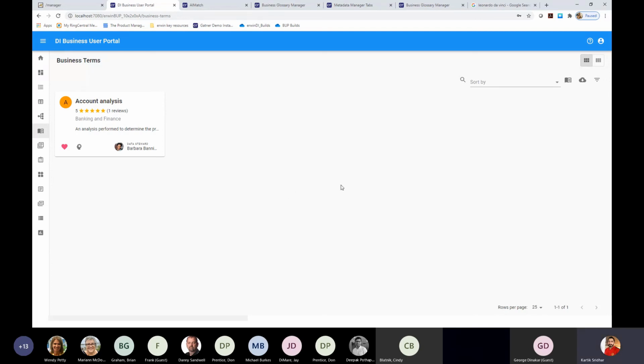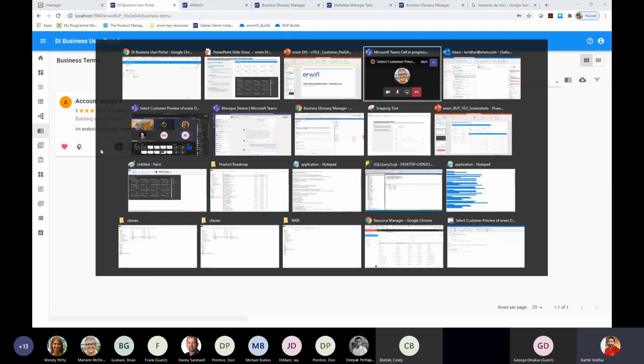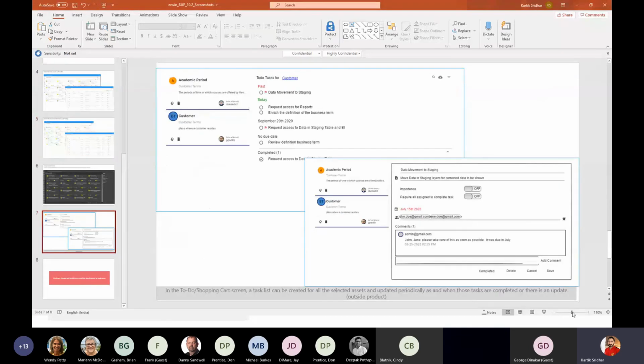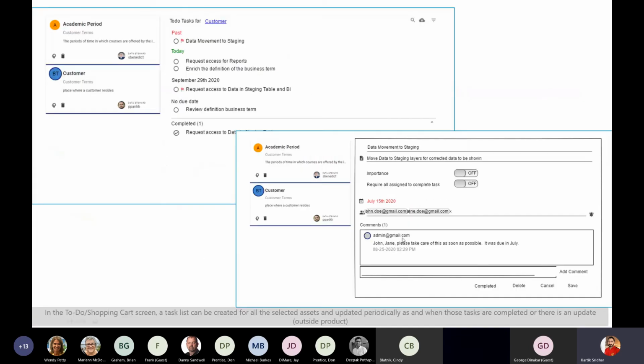In addition to this, you'll also be able to easily create a to-do list on each of your assets. So you'll be able to jump on a particular asset, and I'll just switch over to another screen to help you visualize what a to-do screen looks like. This is currently in development and will be available once we roll the version out. You'll be able to create a to-do list, and very similar to how Microsoft To-Do works, you'll be able to create tasks.